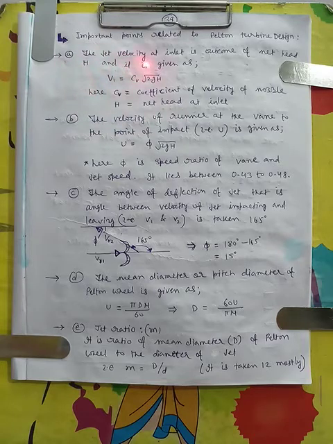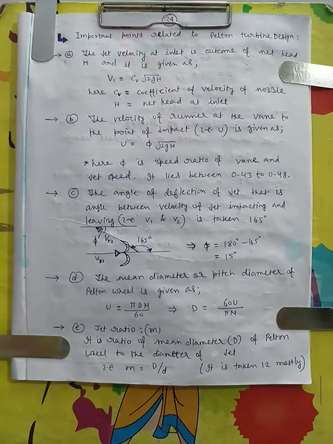The jet velocity at inlet, as we know, is the outcome of the net head H. So it is given by V1 is equal to CV under root 2gH, where CV is the coefficient of velocity of nozzle and H is the net head at inlet, and V1 is the jet velocity at inlet, and g is the